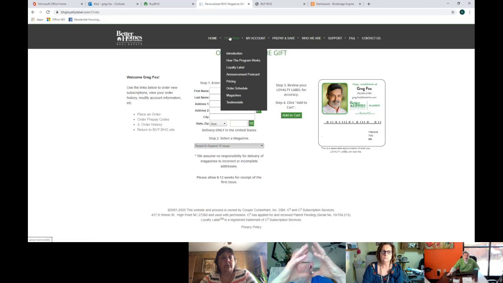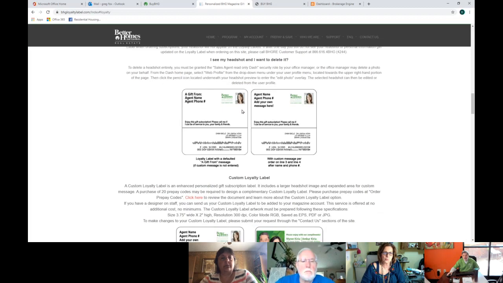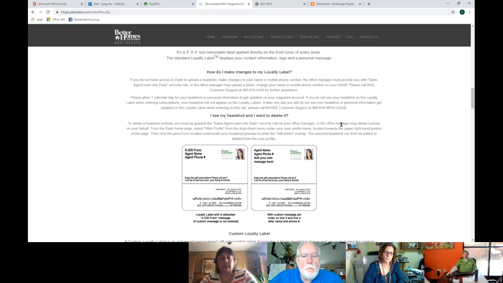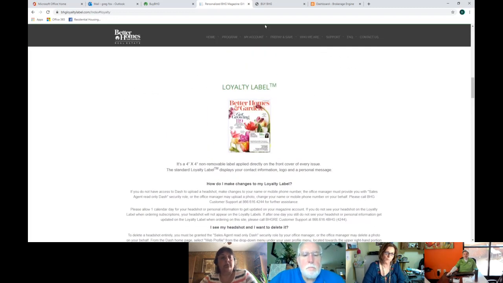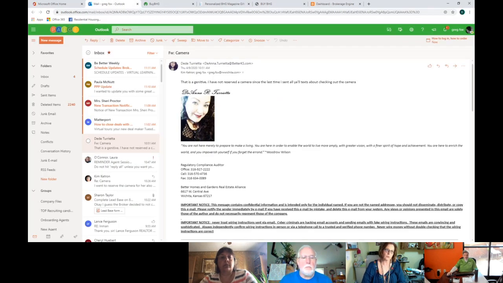Sounds good. All right, let me look at one thing, the loyalty label. I want to see if it will show me the standard loyalty label. See how much smaller the picture is on the standard loyalty label? That's why we went through and designed for you guys a much bigger picture so that your branding is a lot better. I took an idea from Myron, he's the guy that owns the Hawaii franchises, and I changed it into us. We could be teams and like that, but that's why we have the custom labels that we have. Nice. That answer that question? Very nice. Okay.